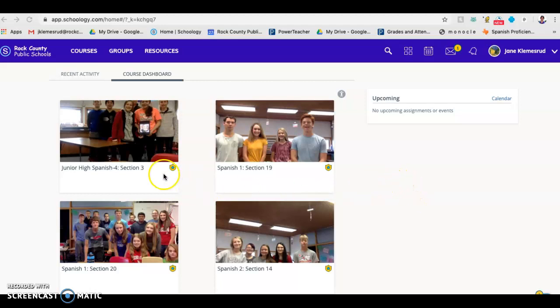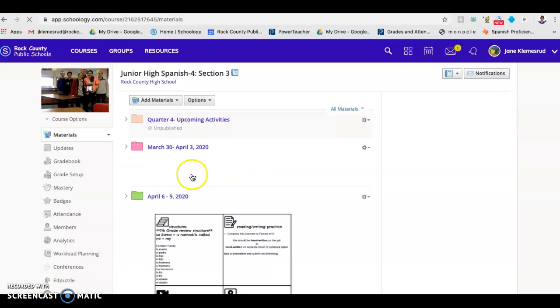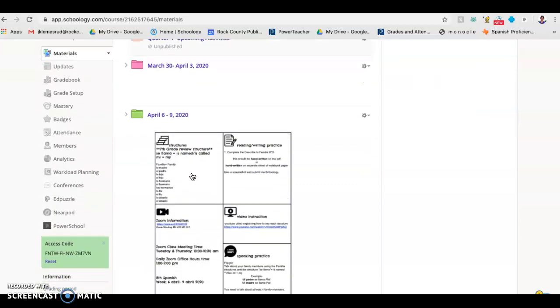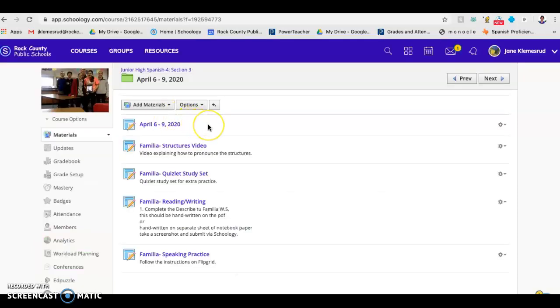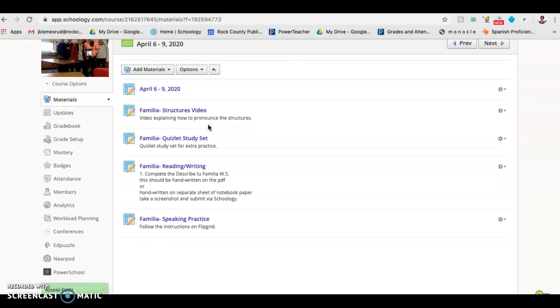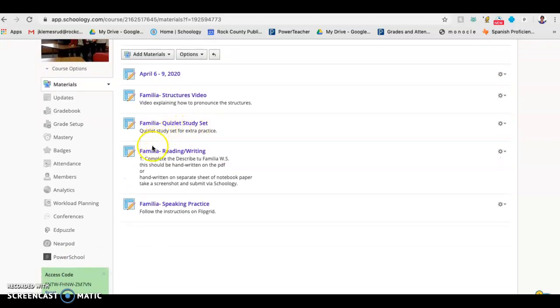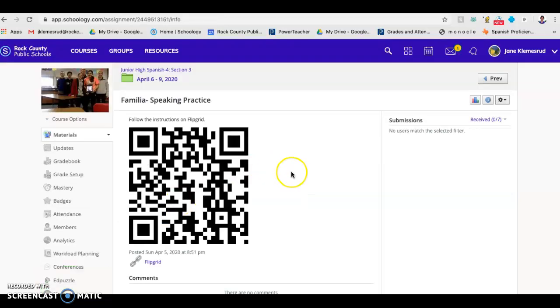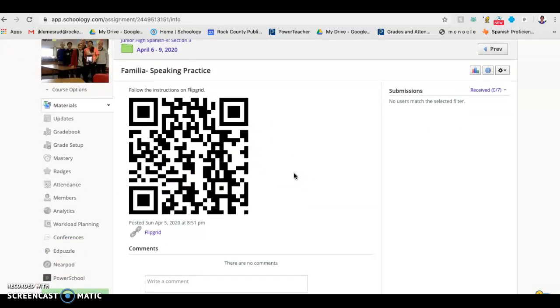So when you get to Schoology, you're going to click on your class. There you are. Okay, you're going to scroll to here. You're going to click on the folder for the week, okay? And I'm going to come down here and I'm going to see speaking practice, which is follow the instructions on Flipgrid, okay? I'm not sure if this QR code is causing the problem, and if it is, I need to remove it. Where you need to click is here,